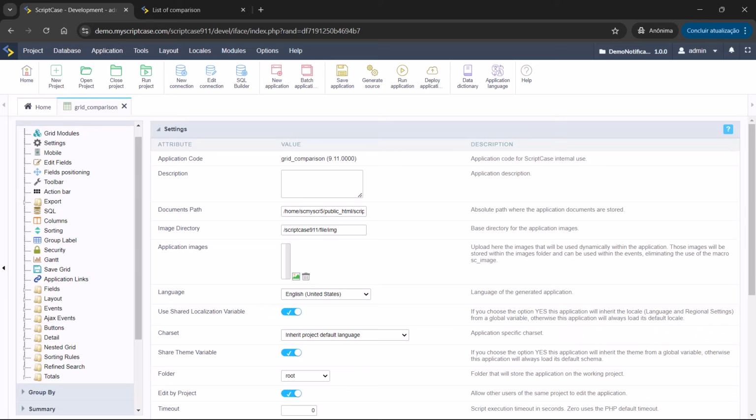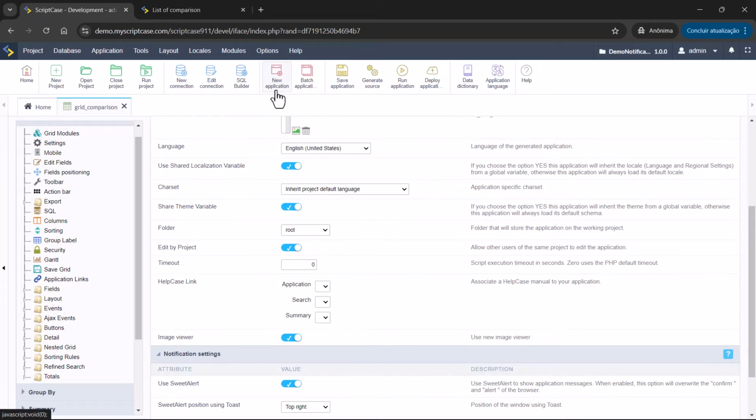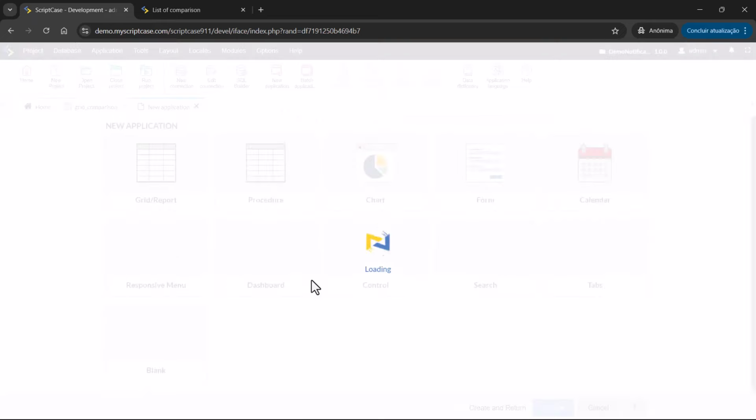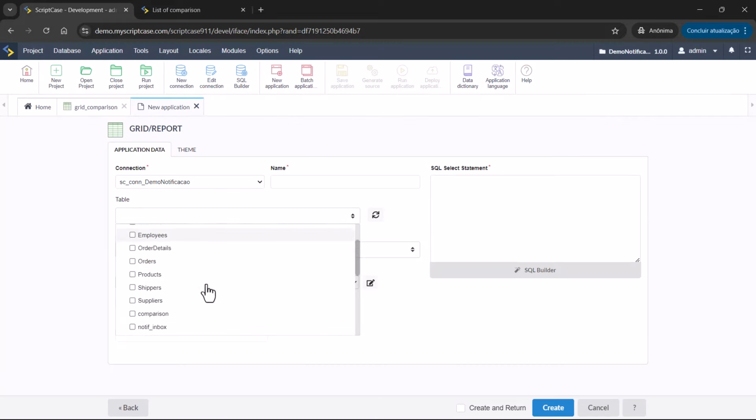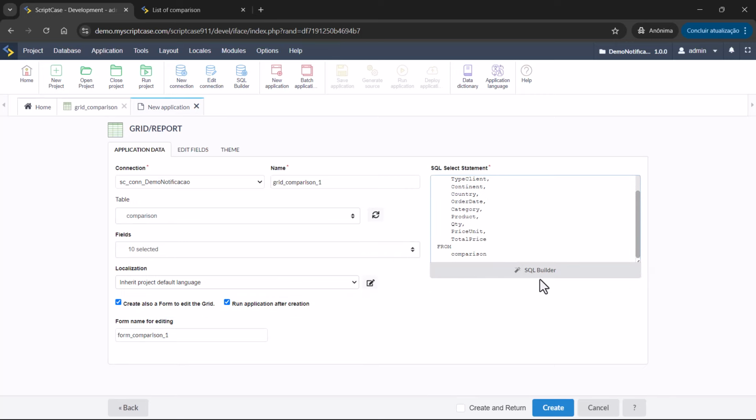I'm going to show here the step by step, and then you're going to have this new filter with real-time visual feedback where users can filter expressions, and it will be really easy to follow or adjust the parameters. So instead of showing you here, I will create a new application from scratch. So let's create here the grid. I'm using this table called comparison. I have a good amount of data. It's a sample table inside of the sample application.